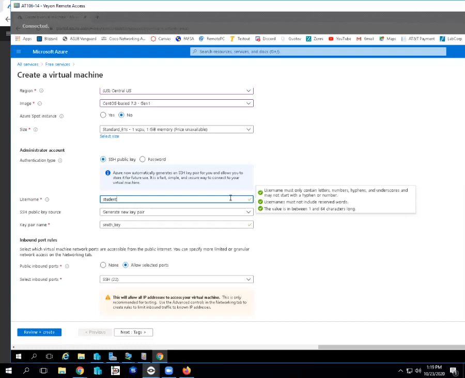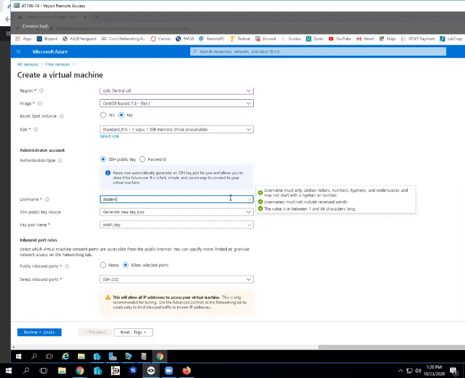I got an exclamation point going, hey, this port's going to be opened up to the public. Excuse me, it's a security flaw. You should probably set some firewall rules up and only allow access to known IP addresses at your company. That way the rest of the internet cannot get to you. So preferably you would do that, but in our instance, we're just going to let it open to everything because